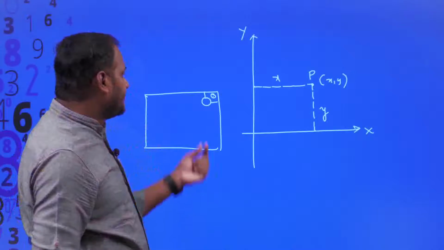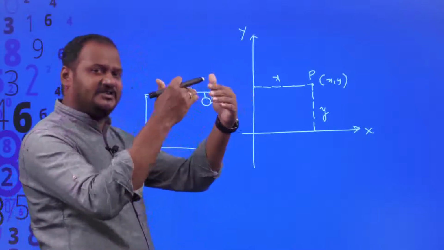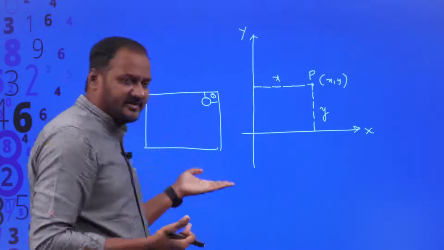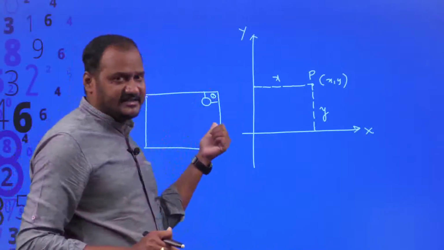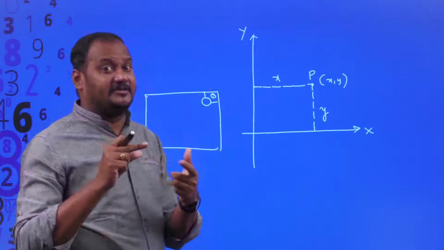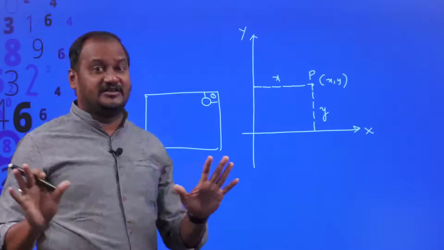So that is why, if you would say how many units distance from the top edge, with reference to the top edge or with reference to the bottom edge, anything is okay, it doesn't matter. But with reference to one of the edges, how many units distance the table lamp is placed at, then we can exactly say that this is the location.